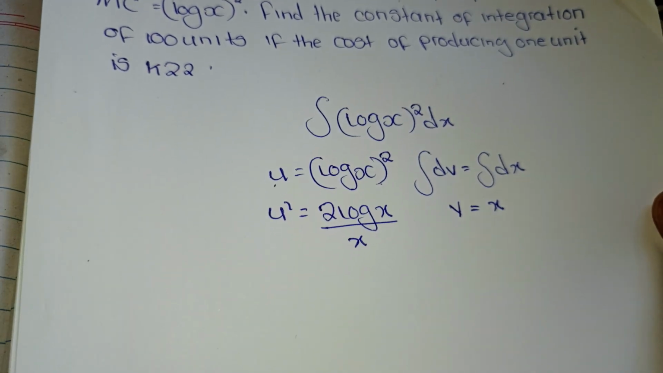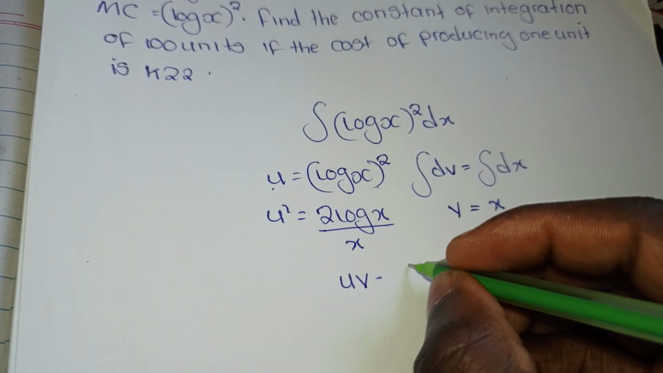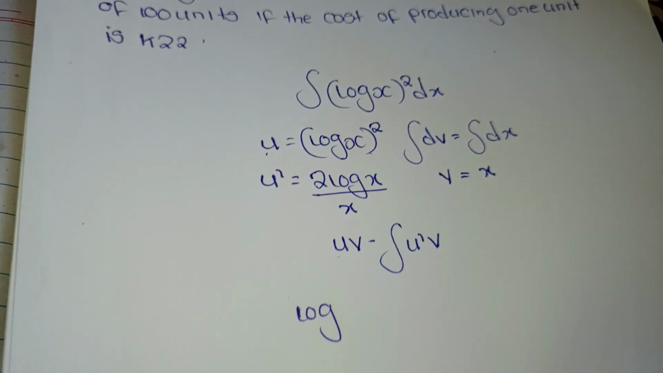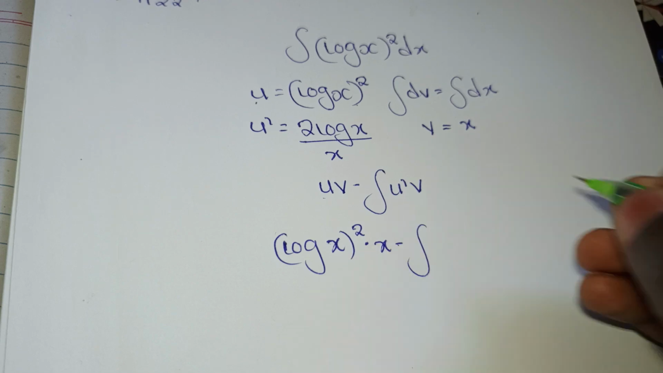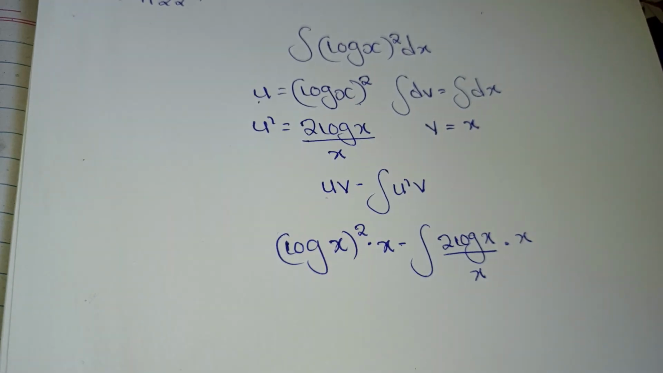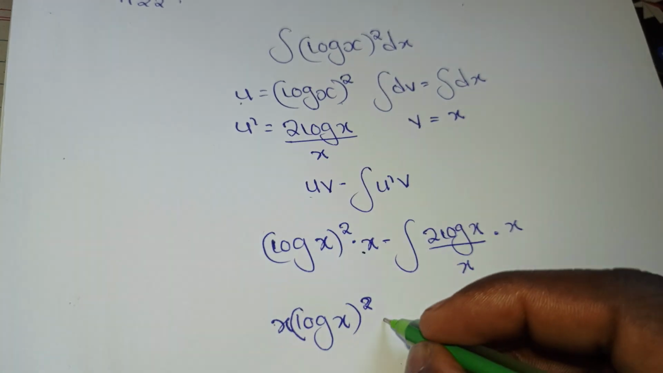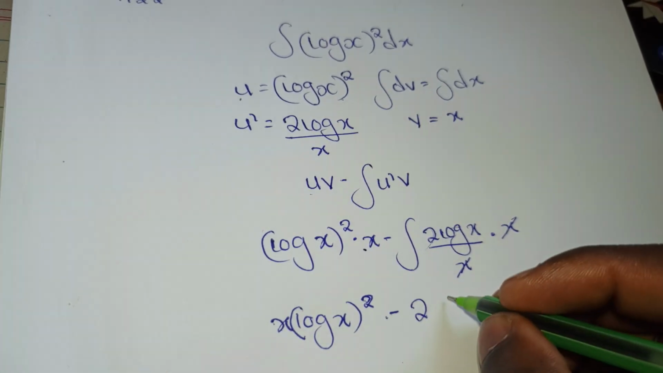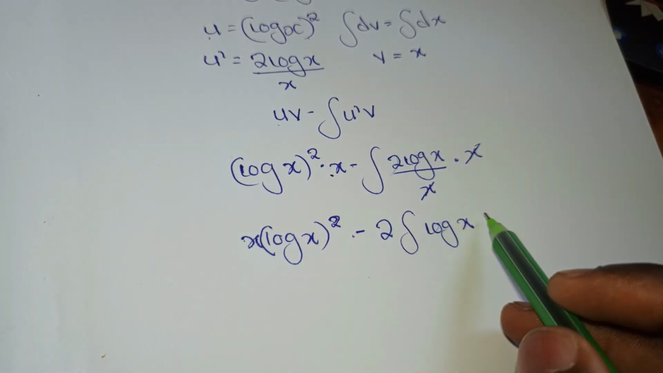Then from here, we bring in the formula for integration by parts, which is u v minus the integral of u prime v, where our u in this case is (log x) squared, our v is x, and our u prime is 2 log x over x. x times this is x (log x) squared, minus, where this and that can cancel. Then we can factorize the 2 to be outside the integral, so we have 2 times the integral of log x, where if you want to integrate log x, we still use